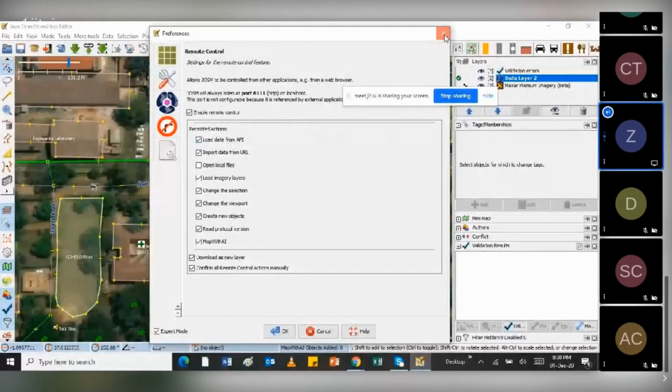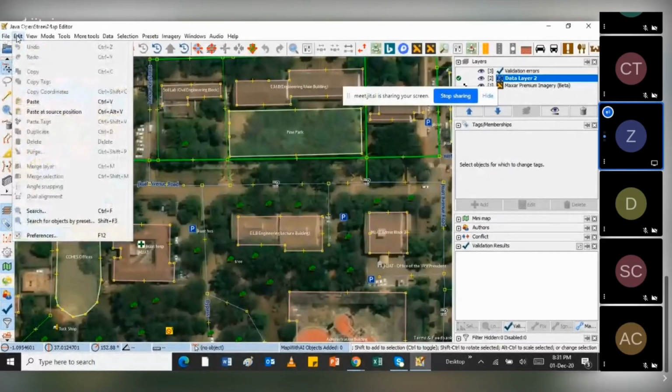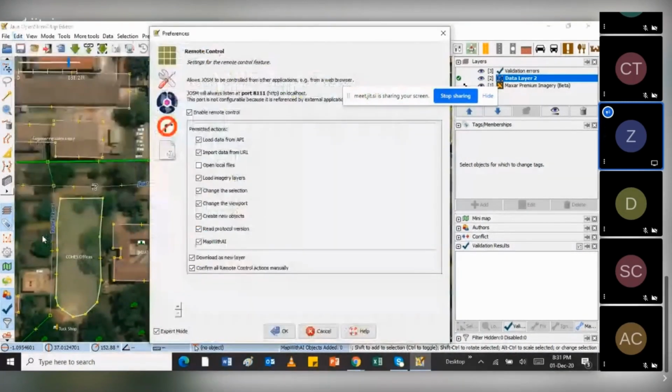So I'll just come to edit, then scroll below and select preferences.